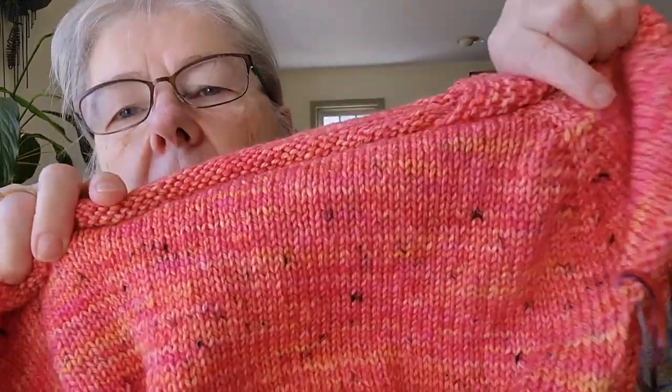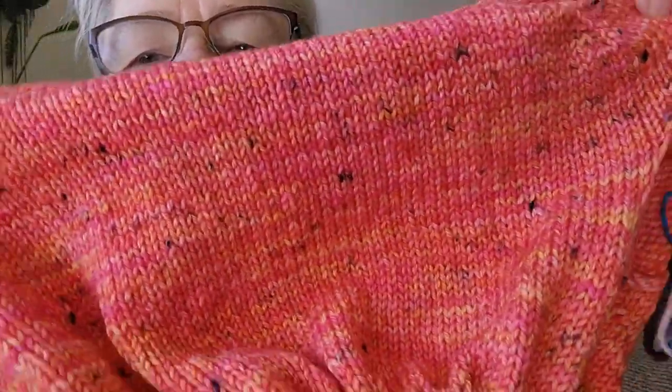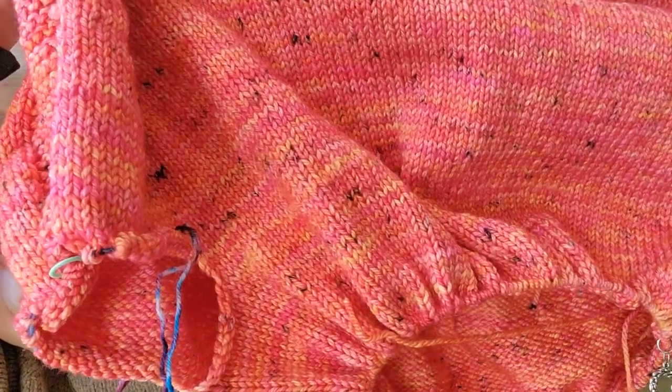I added that orangey yarn right under, right when I split for the sleeves. So this last 3 inches have had that orangey yarn every third row. And I think it's looking fine. It's looking beautiful. I'm loving it. So there's not going to be any worry about that. I just have to keep the same proportion